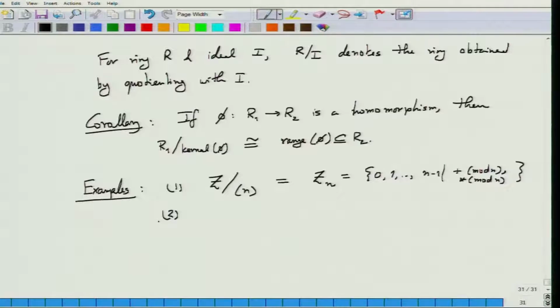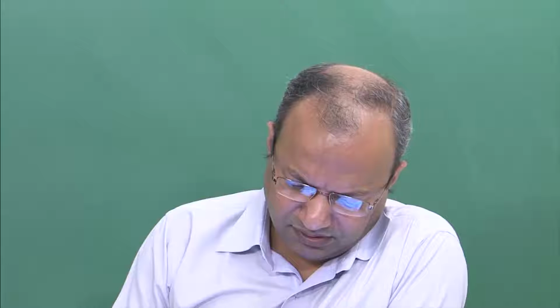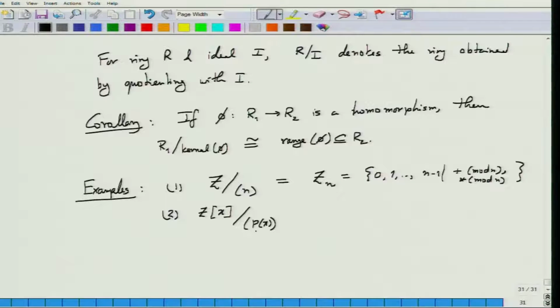Okay, let's move ahead. Some other examples. What other rings have we come across? Ring of polynomials. Let's look at Z[x]. What could be an ideal in this? Take any polynomial, say the principal ideal generated by some polynomial. See, if the polynomial p is of degree d, there is a small caveat here: it's simpler to describe if p is a monic polynomial of degree d, that is, the coefficient of x to the d is 1. If it is not 1, then it becomes slightly messy. It can still be described in exactly the same way, but with a little bit of twist. So in case it is monic, then it is simply